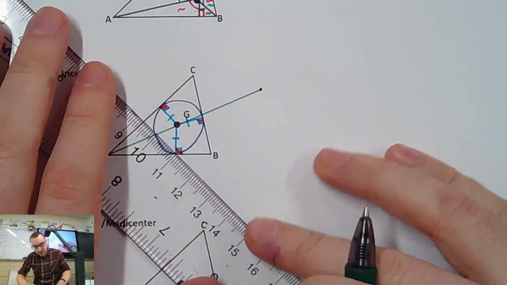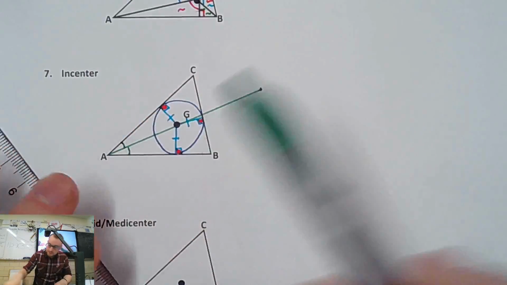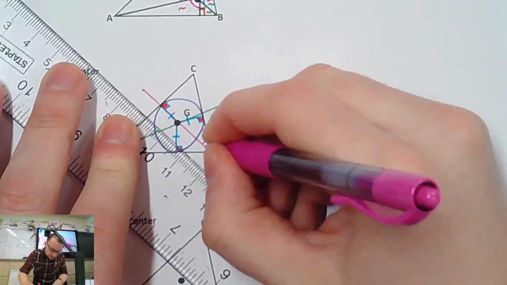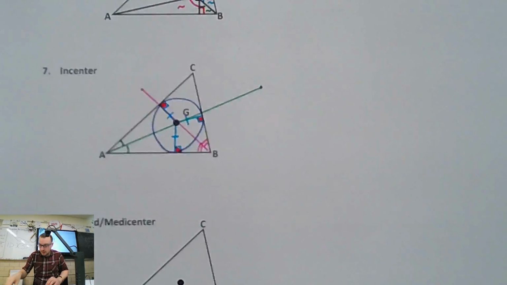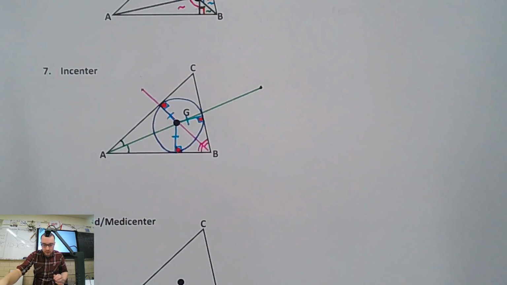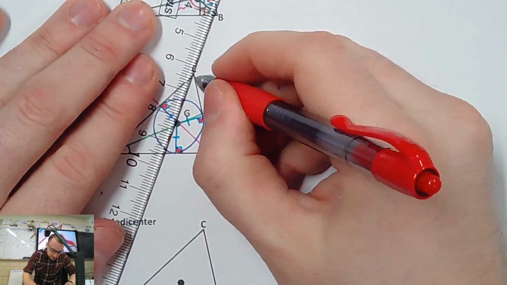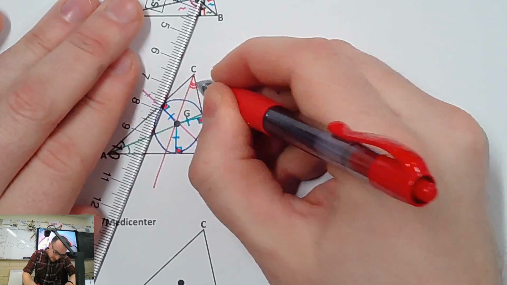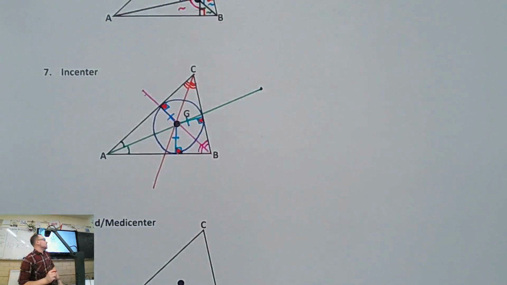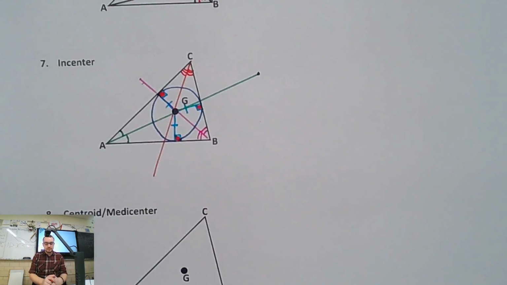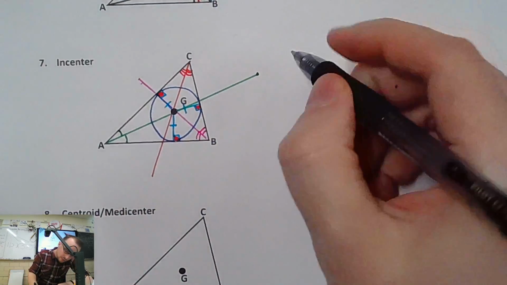So I'm going to draw in all my angle bisectors, which means this angle's cut into 2 pieces. This angle will be cut into 2 pieces. And let's use red. This angle must be cut into 2 pieces if I connect C and G. And again, I draw it straight through the triangle because it doesn't hit any special point on the other side. I just keep drawing. With orthocenters, I had to stop because they stop at the 90. For this, I just kept going. So it's key to show those are cut in half, so we write angle bisectors.